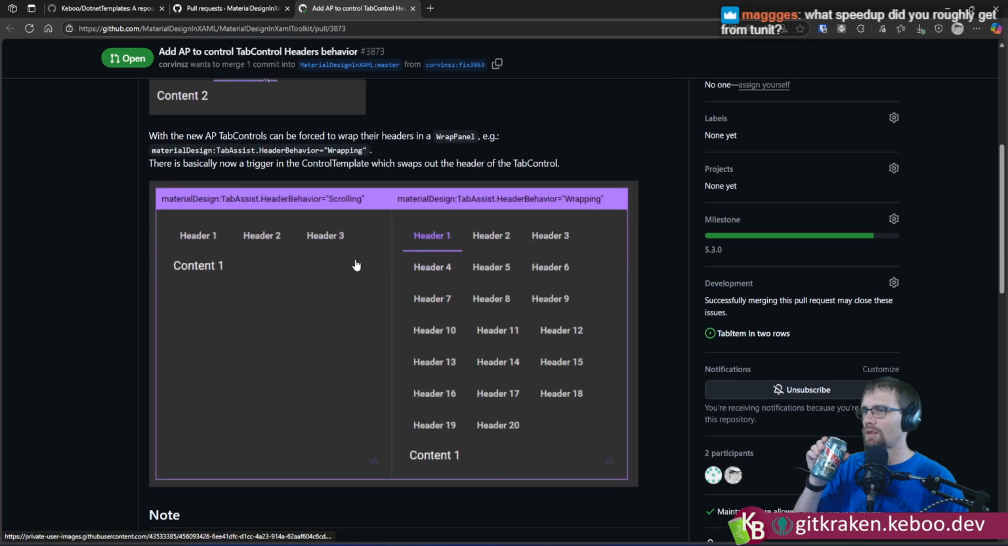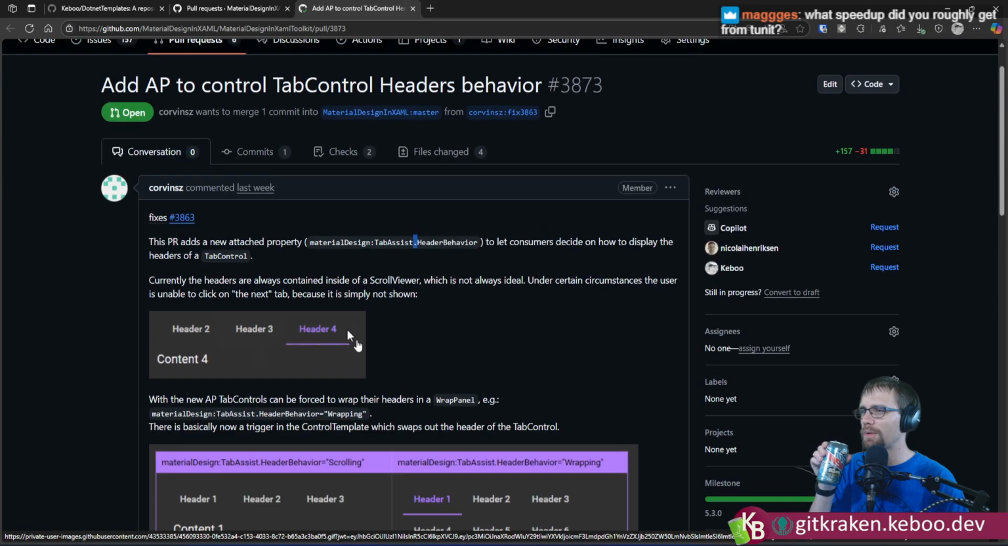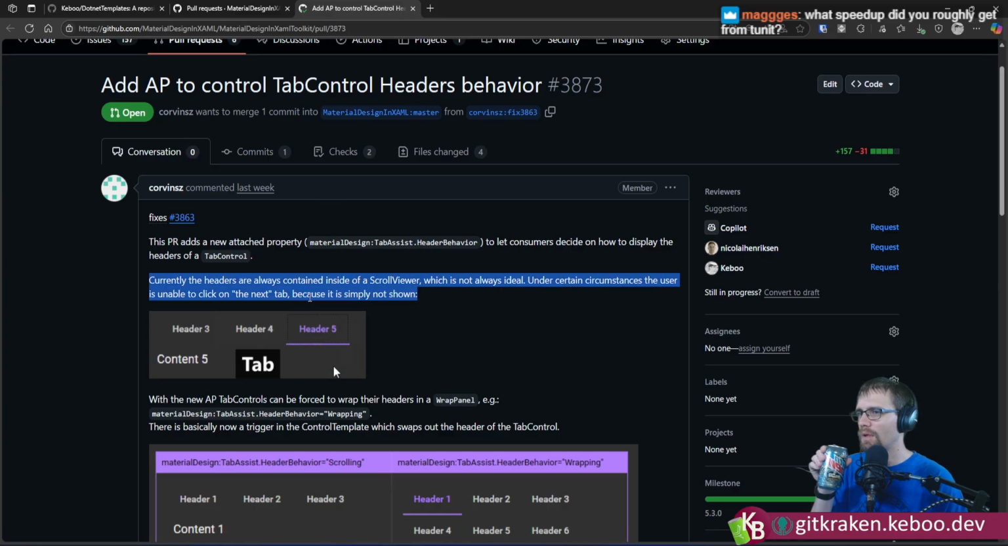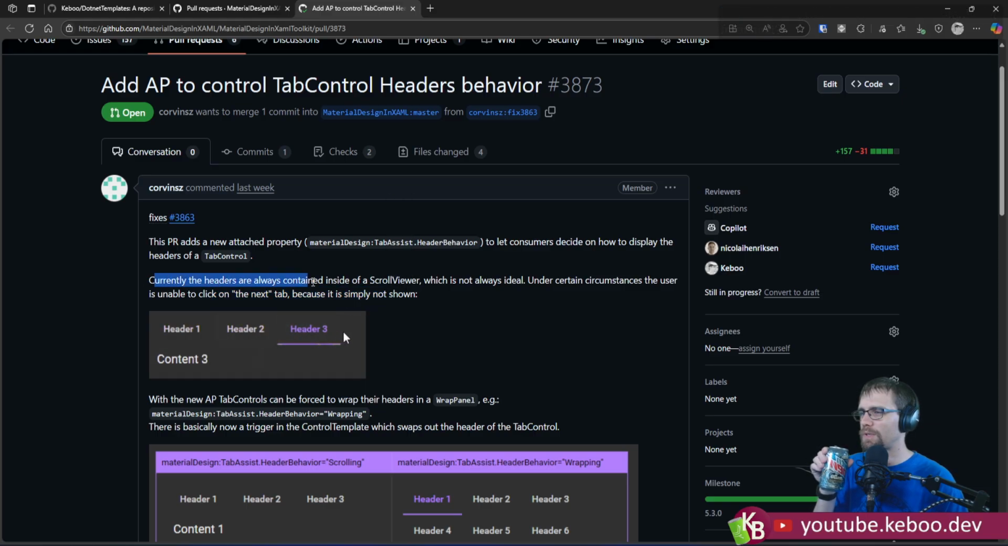This is because the whole idea here is being able to change out how the tabs work. Now, there's probably a bug here as well that's, yeah, because it is simply not shown. Yeah, so there's potentially a margin or something issue on here, but